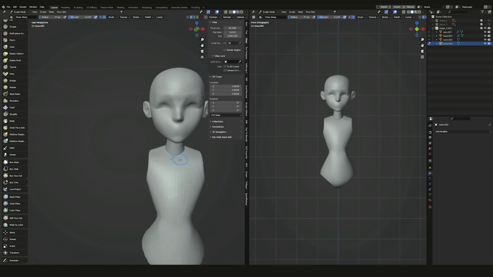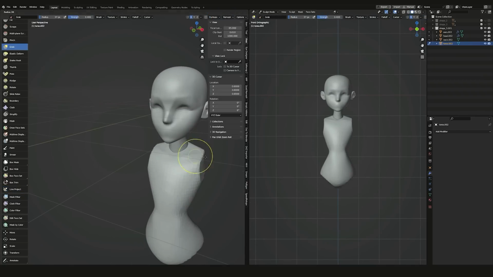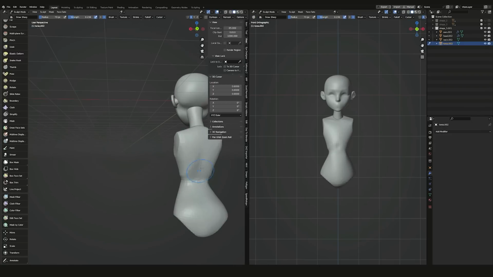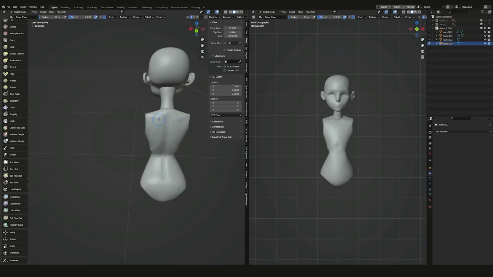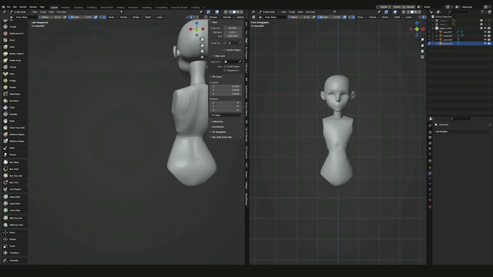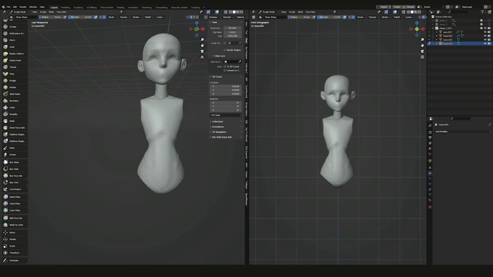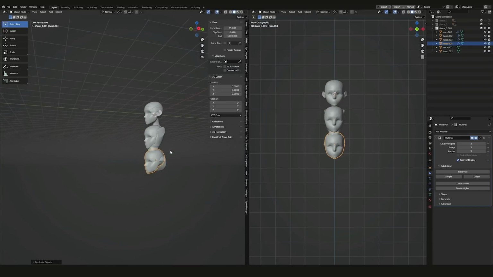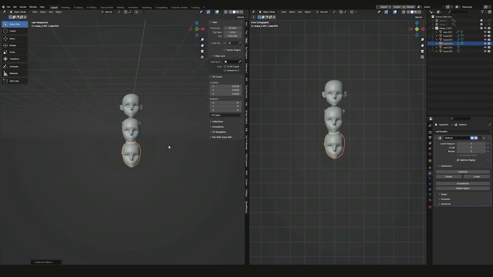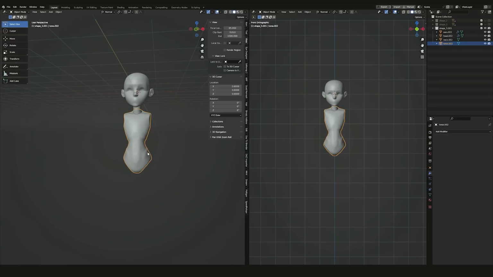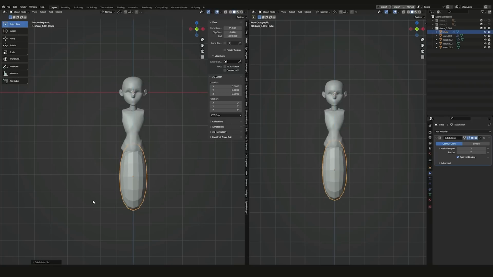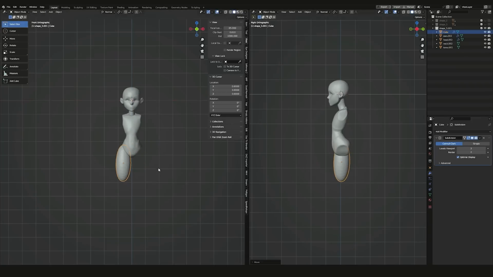Now use draw sharp to mark out some bony landmarks, such as the clavicle, rib cage, spine, scapula, and pelvis. You might also want to indicate the stomach at this point. And also feel free to check the proportions of your character by duplicating the head. At the time, I wanted my character to be about 6 heads tall, so 3 heads for the upper half is spot on. Moving on to the legs, I scale the cube on the Z-axis and add a subdiv modifier